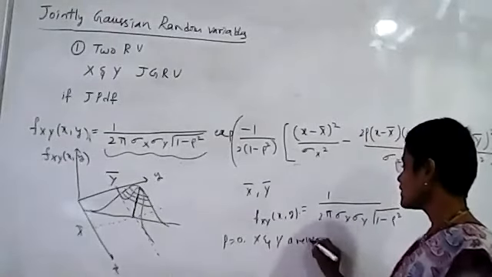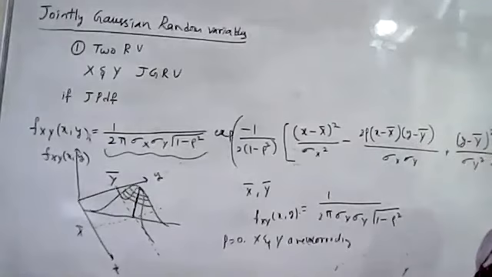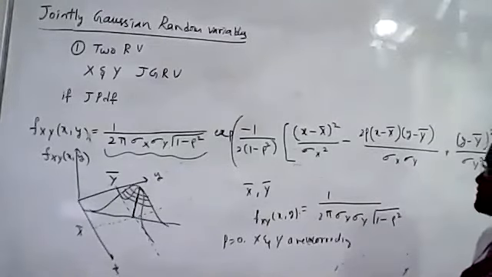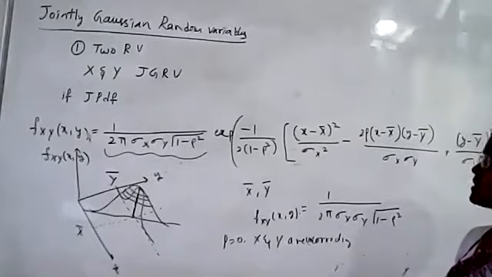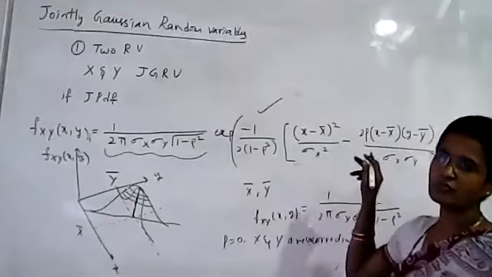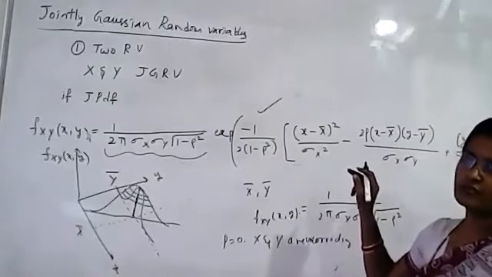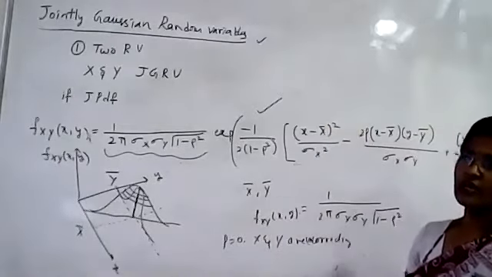So in that case, what will we get? We will get marginal Gaussian random variables. Now we will find out what the marginal Gaussian random variables are. What have we discussed? We have taken two random variables x and y. These two random variables x and y are called jointly Gaussian random variables if their joint probability density function is given by this formula. This is the formula we use to denote the joint probability density function of those two random variables.